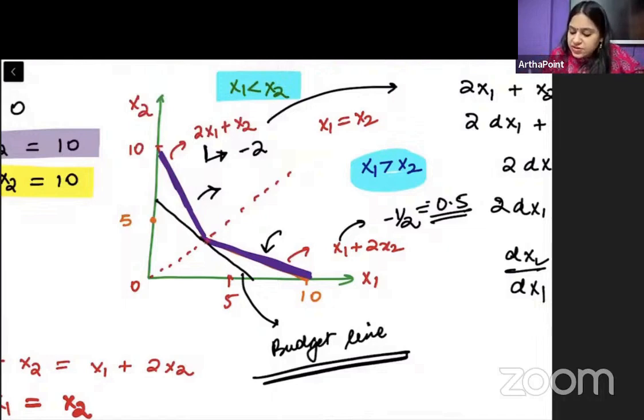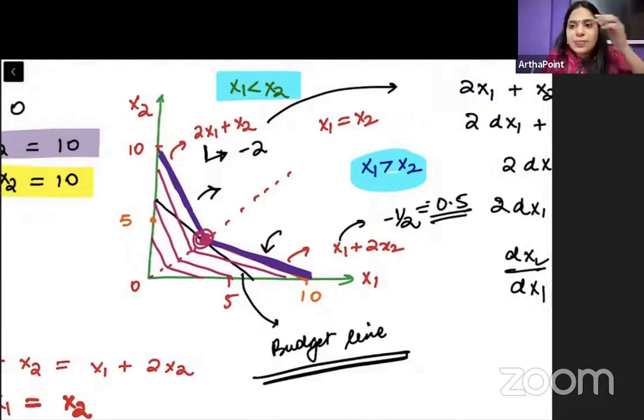You are getting the highest indifference curve at this point only, right? All other indifference curves would be lower than this indifference curve. So the highest indifference curve actually takes place at this kink, where you just touch this budget